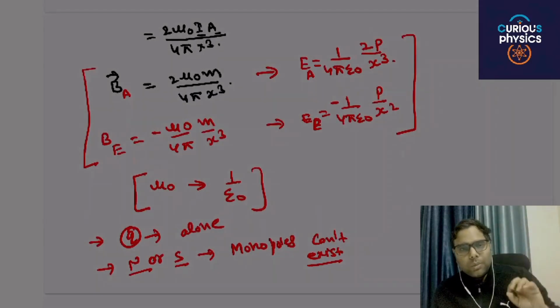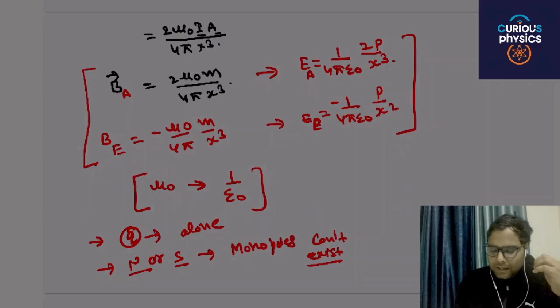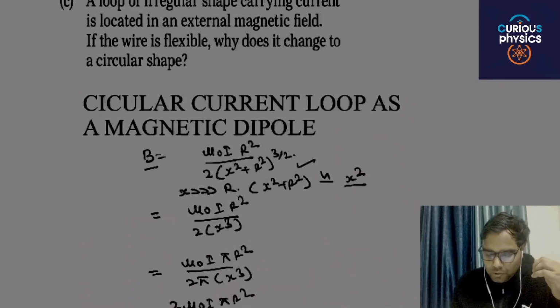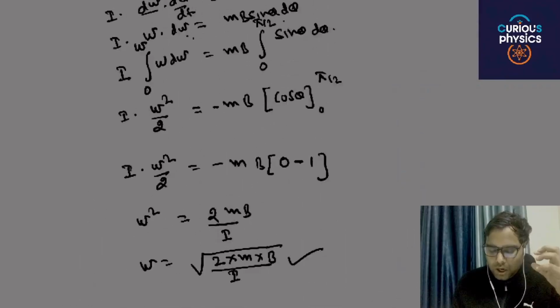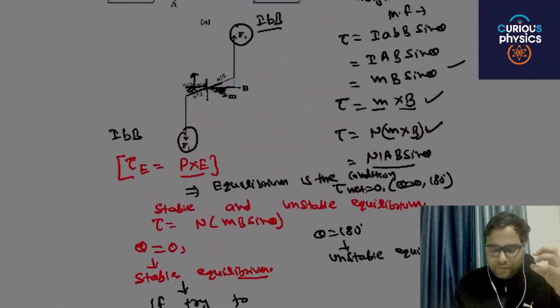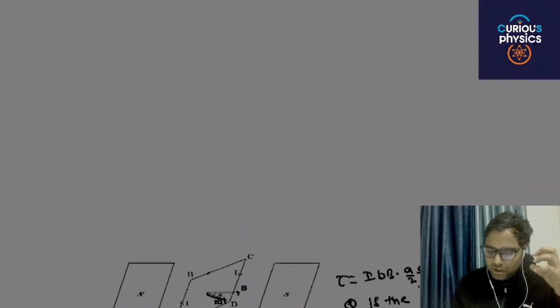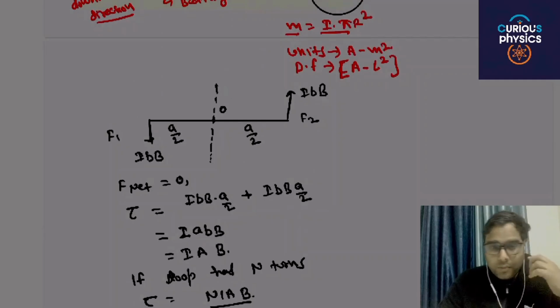Okay, so this is all about the analogy between electric field and magnetic field, and the basic idea is how to find the value of torque and solve these simple questions. Okay, how to derive this particular relation. Every concept should be in your mind very clearly. Are you able to understand my point or not?